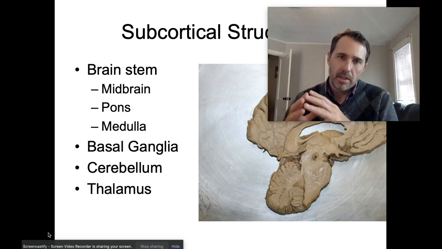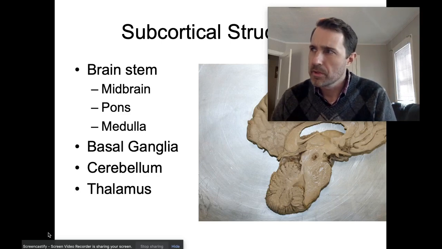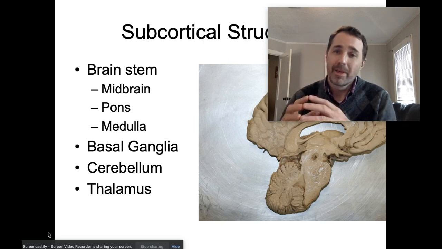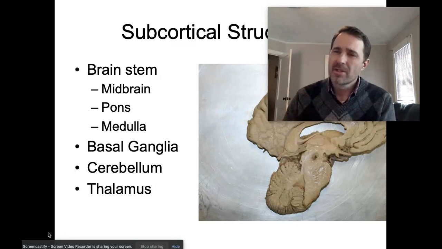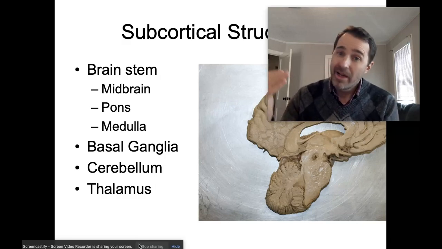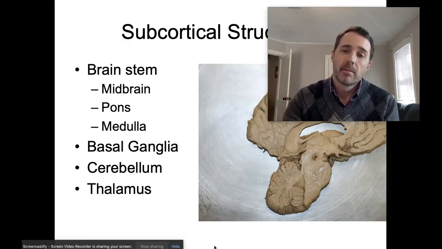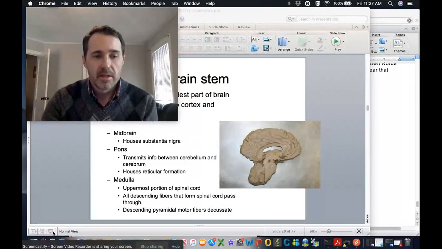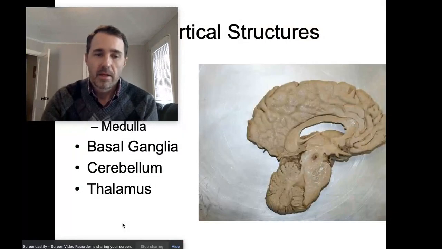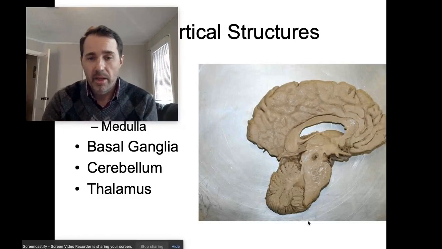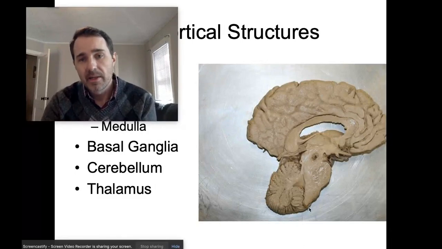All right, so let's talk about some subcortical structures. When we say subcortical, we mean those structures deeper within the brain. So subcortical, beneath the cortex. And let's go way beneath the cortex to the brainstem. So the brainstem is that piece of tissue that connects your brain up top with your spinal cord,